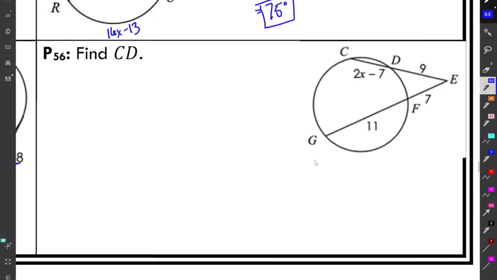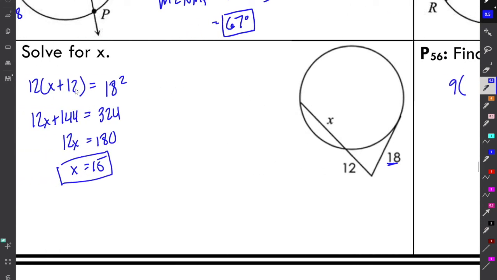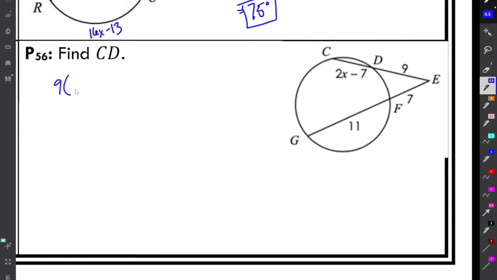56, find CD here, two secants intersecting outside the circle. Okay, very similar to what we did earlier. You take the outside part times the whole thing, right? So 2x minus 7 plus 9 will give me 2x plus 2. That's going to equal 7 times 11 plus 7, which is 18. So I've noticed this: if I just divided both sides by 9, I'd get rid of this, right? The only thing I noticed is that 9 is a factor of 18. So if I divide both sides by 9,